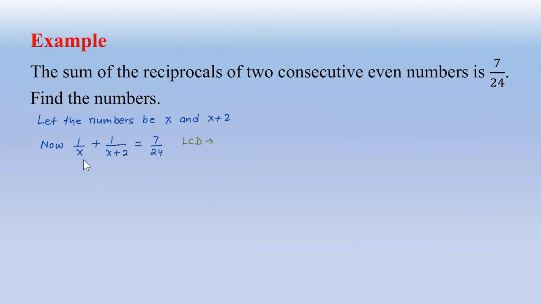Since the denominators are not the same, it will be the product of these three. So that will be 24 times x times x plus 2. That is the LCD. So we have to multiply throughout by the LCD and solve this. That means this first term, we multiply by this. So